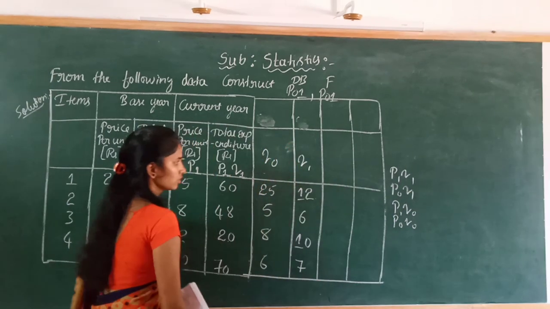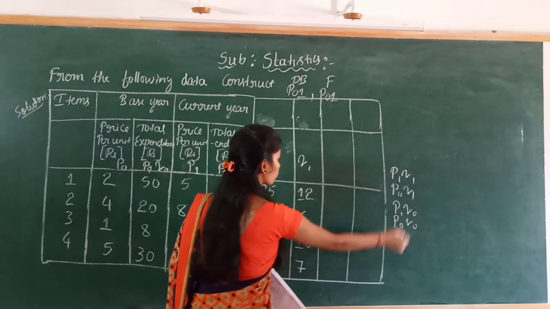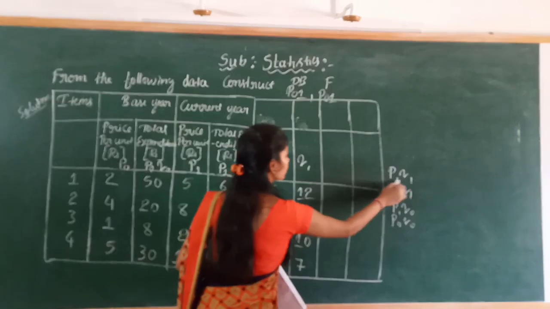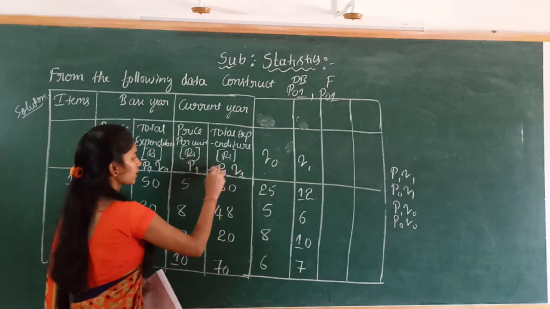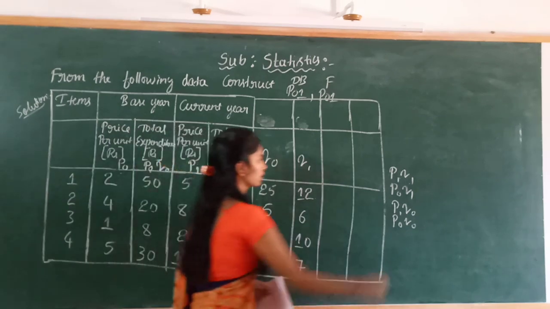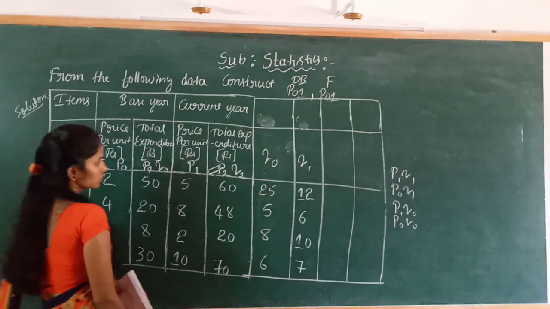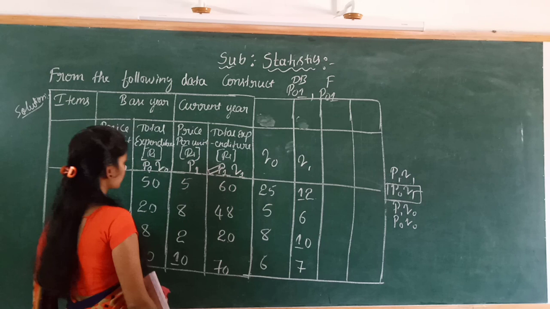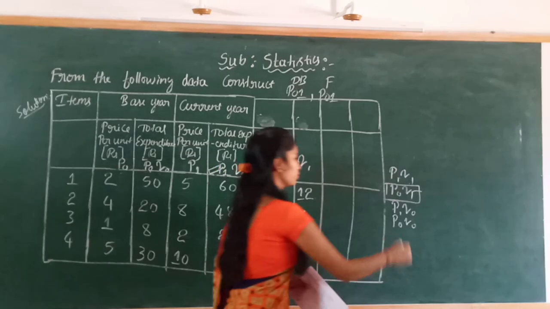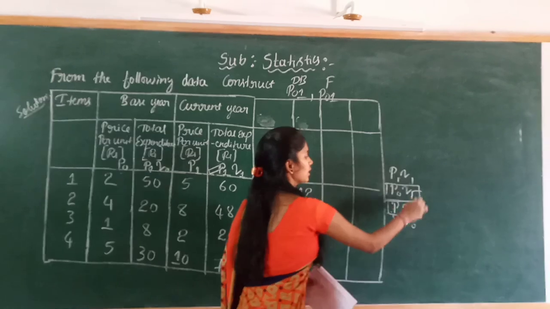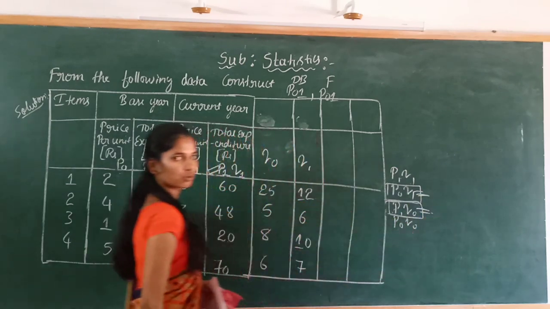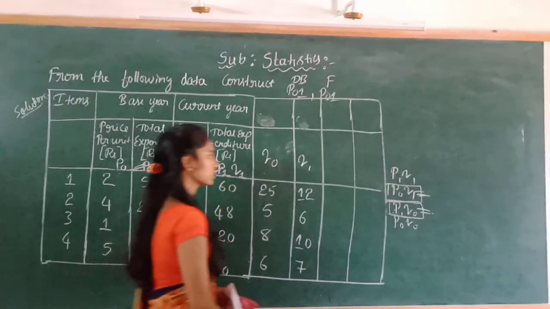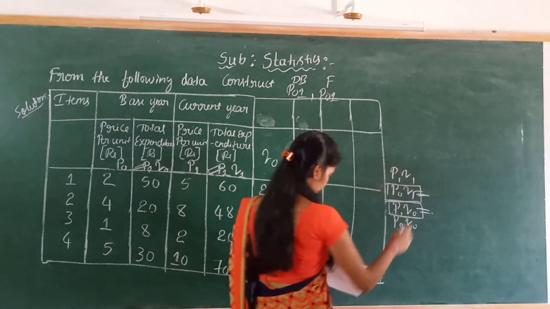See, observe here, in these 4 values, what you have already in the question. Do you have the P1, Q1 value in the question? Yes, we already have the P1, Q1 value. Next, is the P0, Q1 value there? No, so you have to calculate these values. Next, P1, Q0. There is no P1, Q0 value in the question, so you have to calculate. Next is P0, Q0. You already have the P0, Q0 value in the question. So the remaining columns are P0, Q1 and P1, Q0.